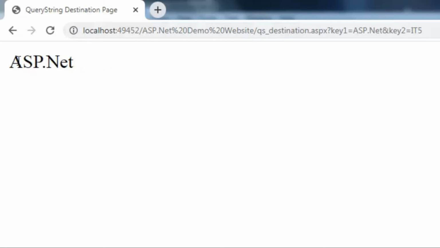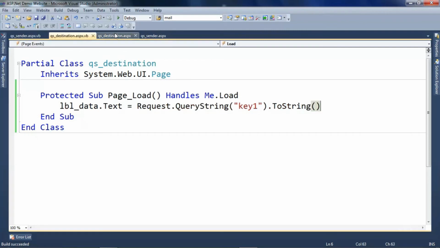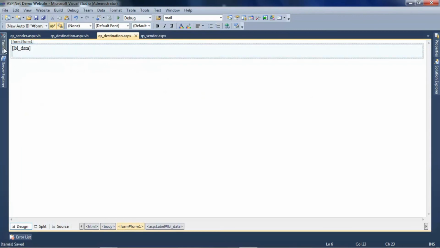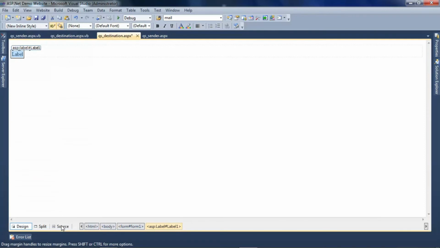But we are having only one answer over here. Why? Yes, because we are having only one label over here in ASP.NET. So I'll quickly go and add another label that will be for data 2.